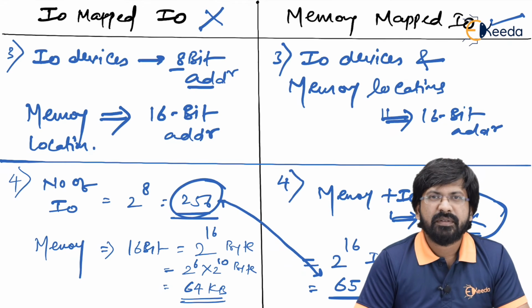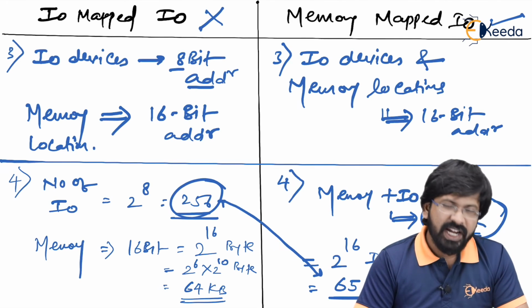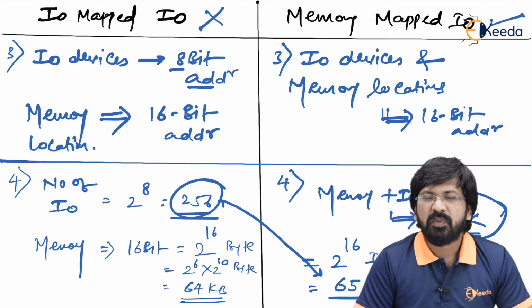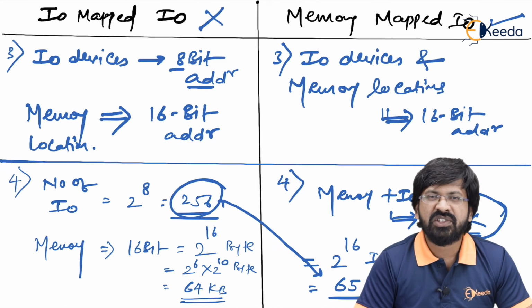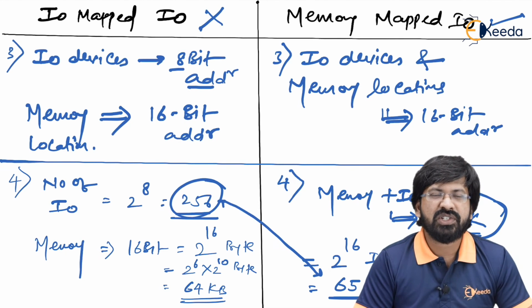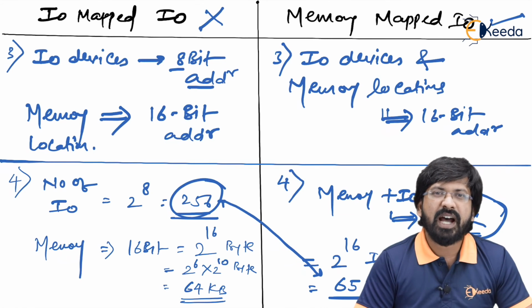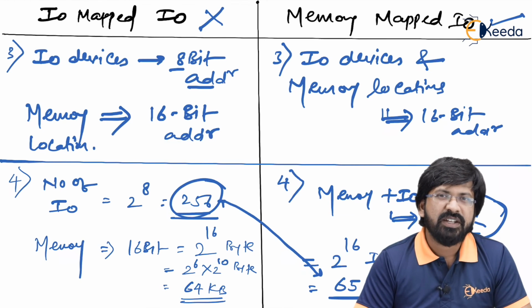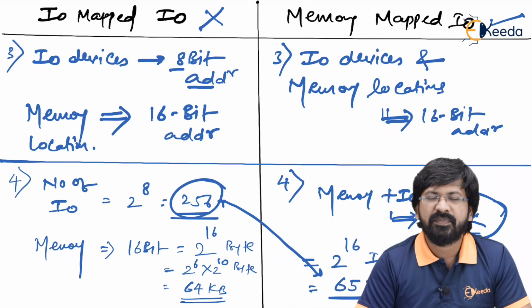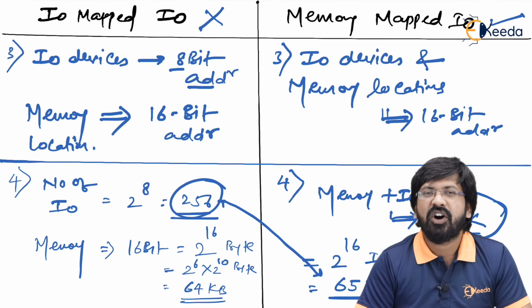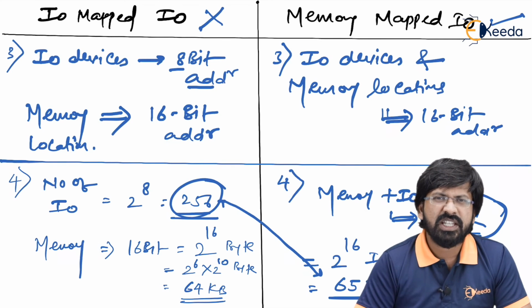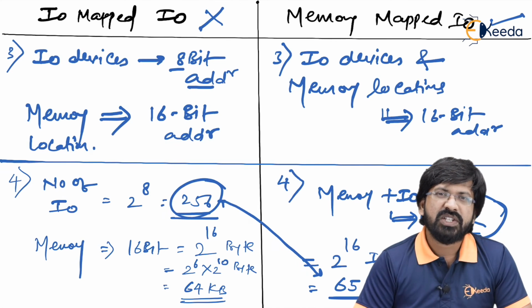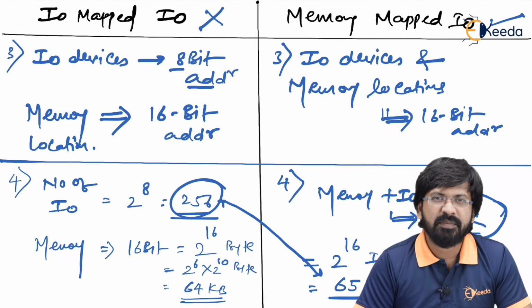The next difference we will discuss orally. Since IO devices are treated as IO in case of IO mapped IO, to access input and output devices, we use instructions called the IN instruction and OUT instruction. Remember, the IN instruction is used for accessing input devices and the OUT instruction is used for accessing output devices. Whereas to access memory, we have the LDA instruction, STA instruction, MOV A, M instruction, or LHLD and SHLD instructions. This set of instructions, which I will explain in the next video, is dedicated to accessing memory.